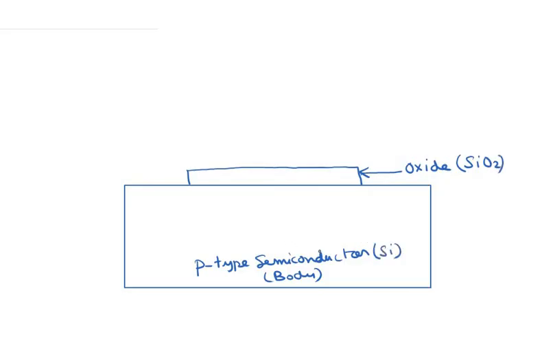If this p-type body is made of silicon, then this oxide is silicon dioxide, and on the top of this oxide we fabricate a layer of metal, and this layer of metal is known as the gate.